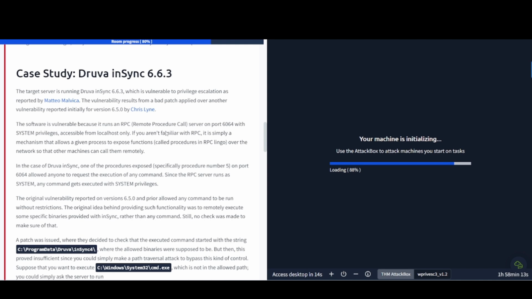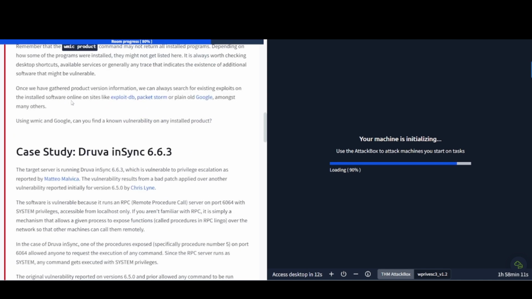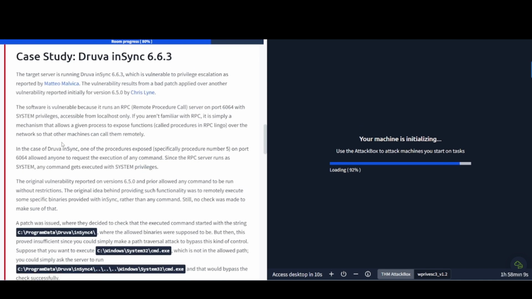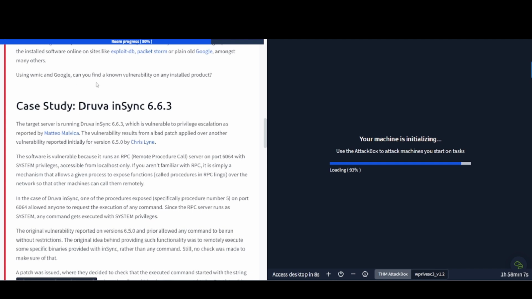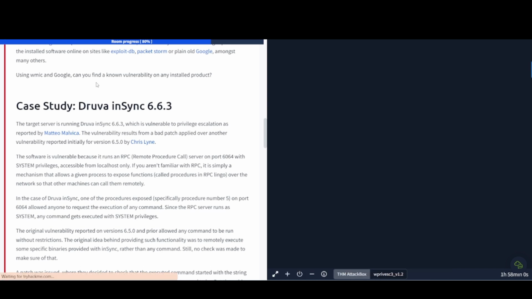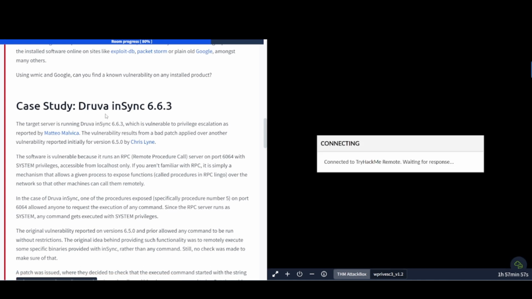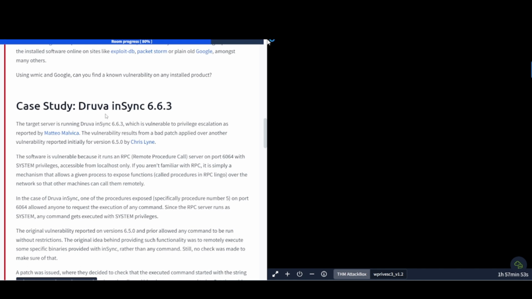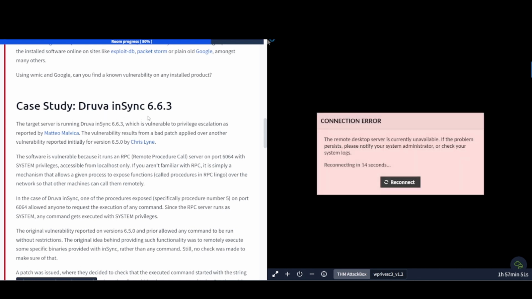As soon as that's done, we can look at the list of it, but let's continue to read on until this finishes. Case study: Druva nsync 6.6.3. The target server is running Druva nsync 6.6.3, which is vulnerable to privilege escalation as reported by Matteo Malvica. The vulnerability results from a bad patch applied over another vulnerability reported initially for version 6.5.0